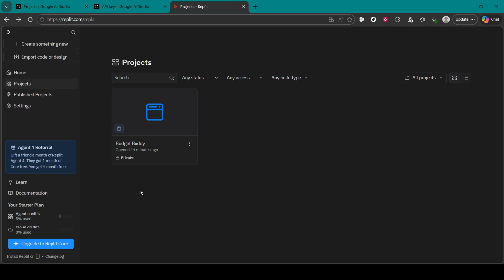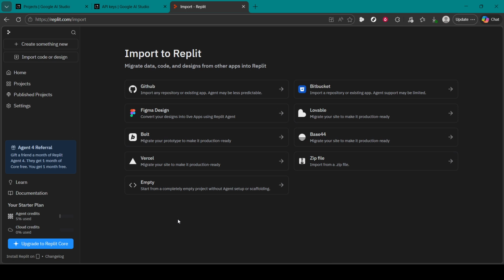Next, click on Import Code or Design. This is the gateway for pulling code into Replit from outside sources. It's perfect when you have a repository you want to run in the cloud, collaborate on, or demo quickly. If you don't see the import option right away, make sure you're on the project's dashboard and not inside a